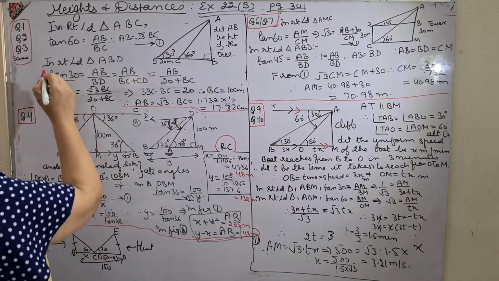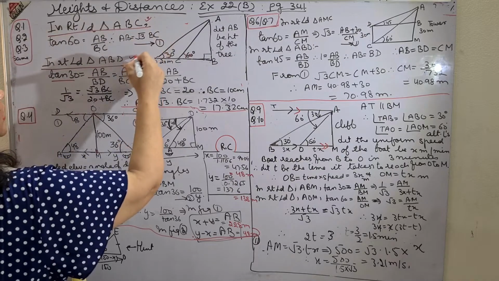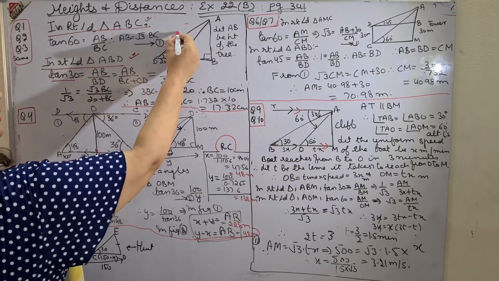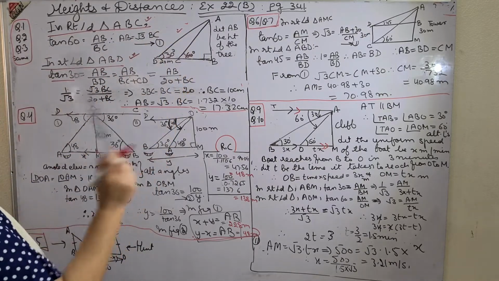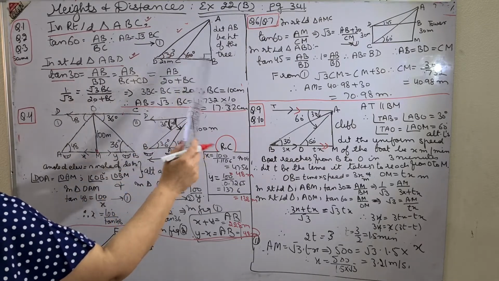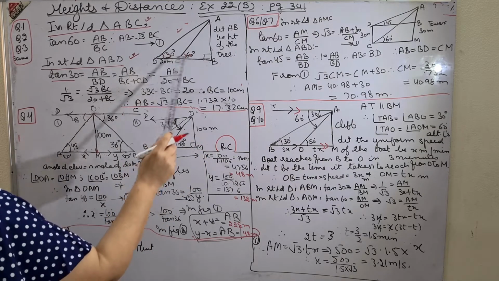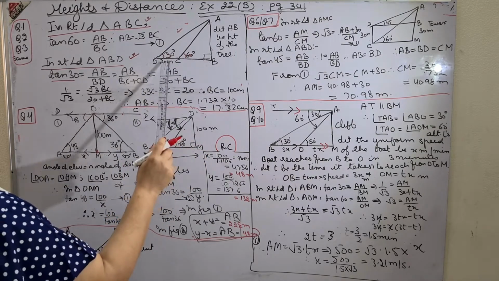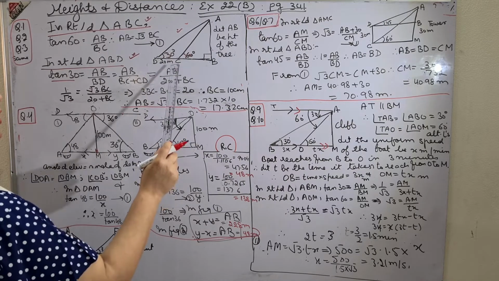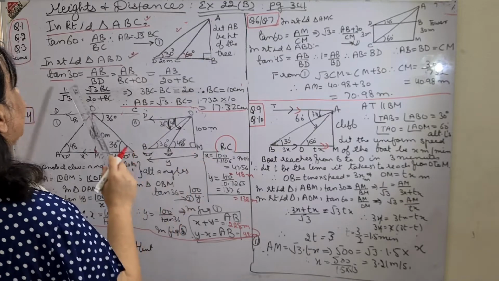Similarly, the second you will mention in right angle triangle ABD. These triangles are compulsory to mention because they carry marks. The figure is compulsory to make because it also carries marks. Tan 30 is again AB upon the full base BD. Since BD I don't know, I will change it into two parts, BC plus CD. BC you don't know, and you put the value of CD to be 20 meters. So AB is equal to 1 upon root 3 into 20 plus BC.